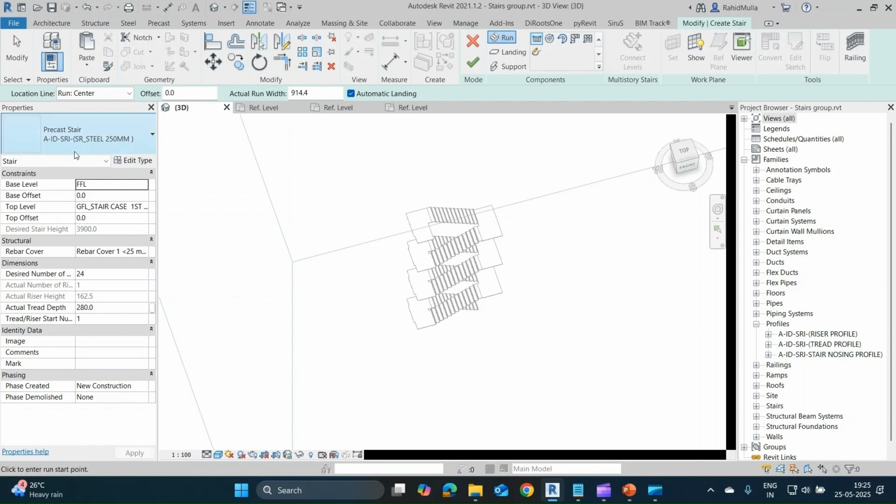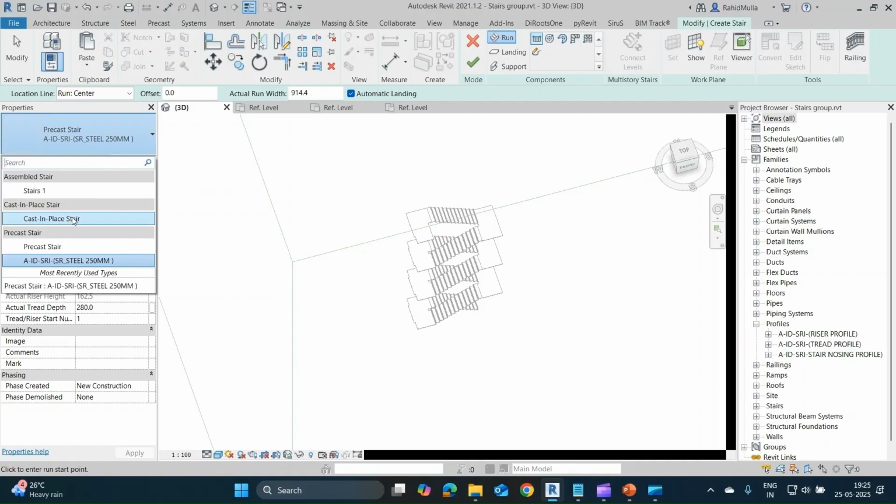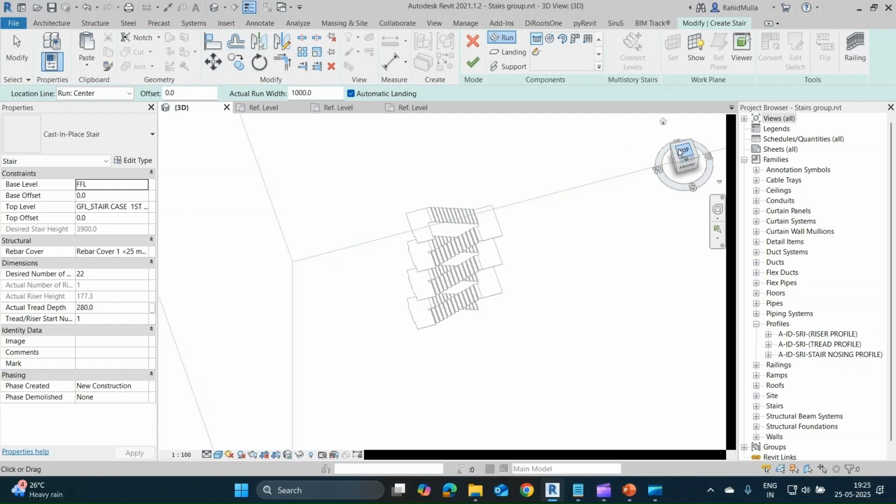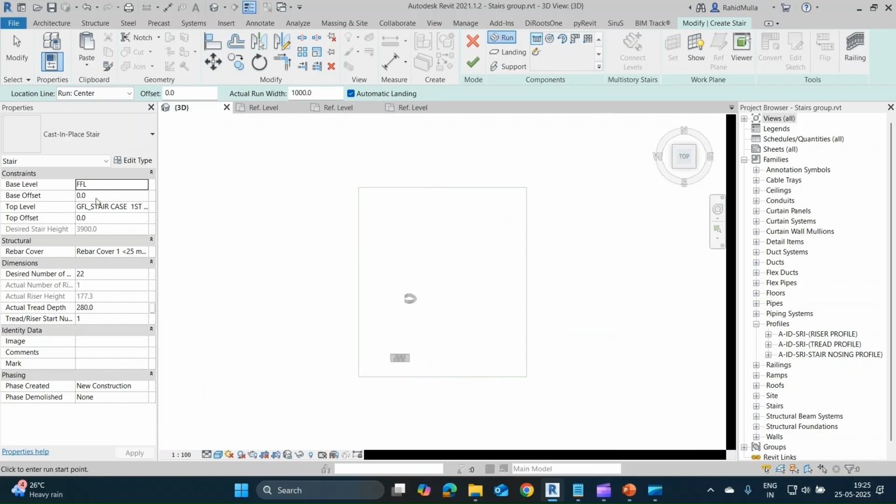Initially, if I go with some other random staircase, for example cast in place stairs or precast stairs, let me go with cast in place stairs. As you see here, as I have defined the base level as well as the top level, Revit by default calculates the number of risers required, and the riser height is set to 177.3. This is by default. Based on these two specified values, Revit is calculating the actual riser height that is required. If I go on placing,